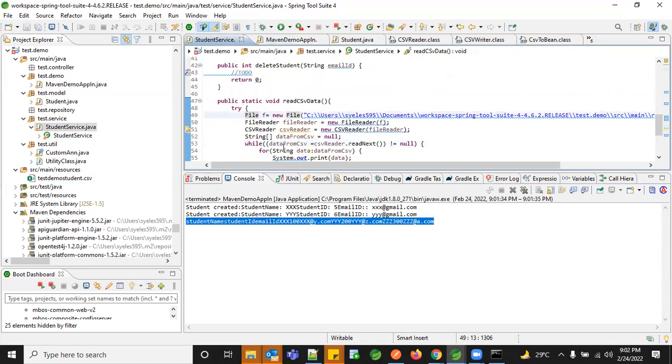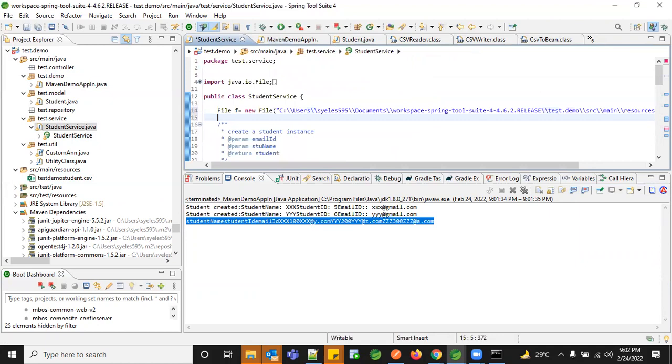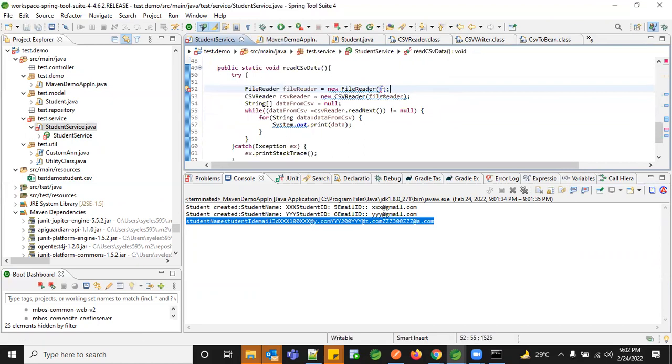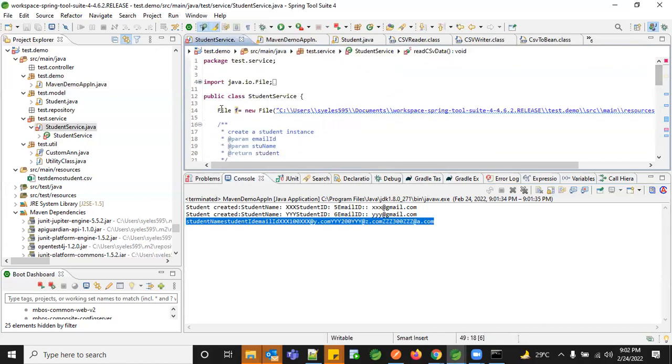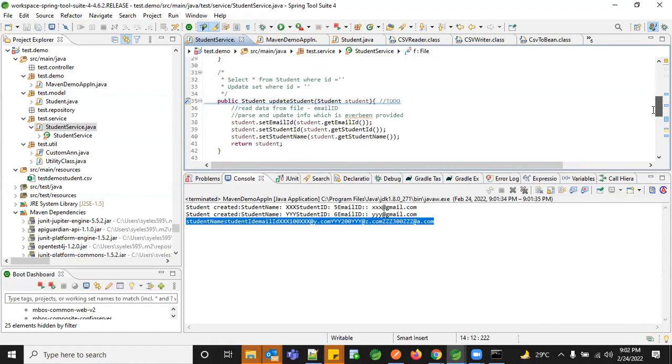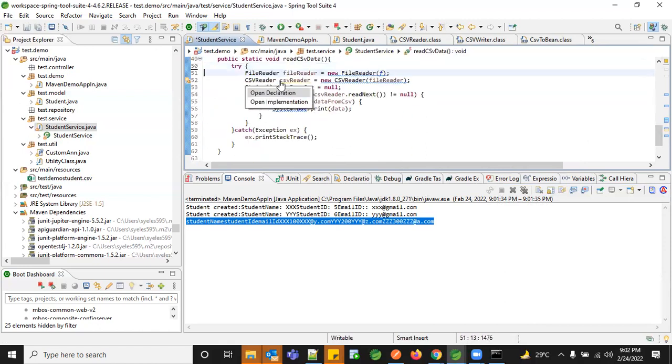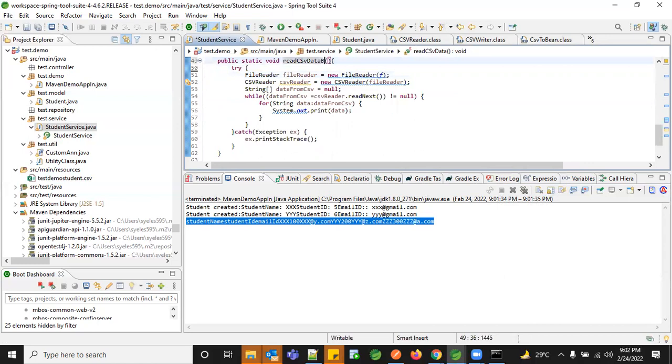Okay, so instead of using this entire read next on every iteration, let me just take this out. This is reading the entire CSV data by line, so we are reading each line on iteration.